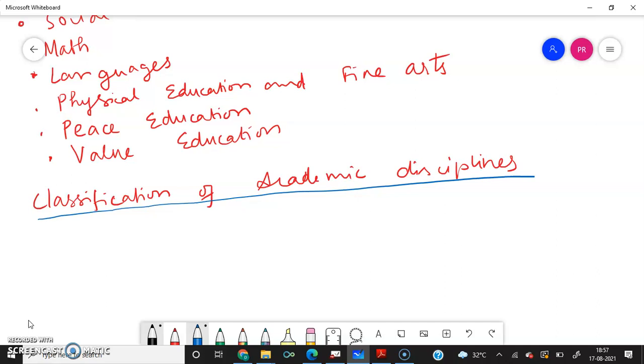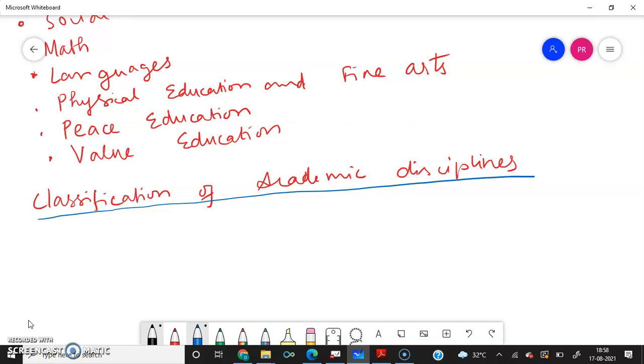So classification helps us to make things simple and very clear to understand. If you do classification, we can gather more details, and both scientific and non-scientific fields can be understood. So classification helps us in many ways, right? And instead of studying a single item, we can study the whole group.